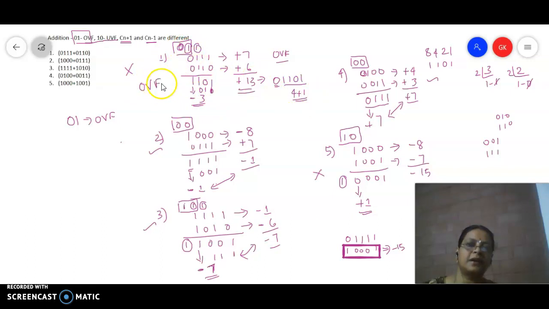This is the case for overflow, and because of overflow you are not able to get the correct answer. And in the fifth case, if you observe here, the carry pattern is 1 0. If we get a carry pattern of 1 0, then it is an example for underflow. Because of underflow, we are not able to get the exact answer. So we have worked out five problems, out of which three problems were worked out correctly, one problem because of overflow, and another because of underflow gave the wrong result.